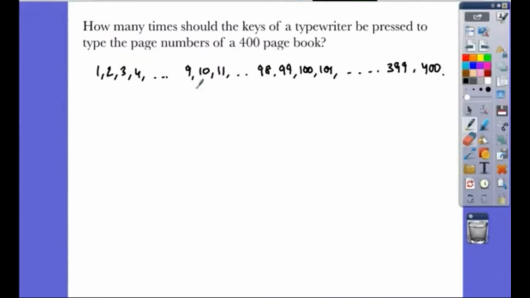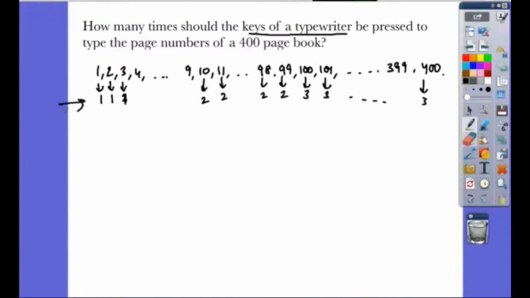So you'll have to find out how many times you're touching the keys of a typewriter. If you're typing the page numbers, you press 1 for the first page number, then you click on 2, the second one is done, 3, 4, 5, 6, so on, then 9 is done. For 10, we click 1 and 0 as well. That's 2 times for this, 2 times for this, so on. For this it's 3 times, for this it's 3 times, so on, until here. So we will need to calculate all these clicks and add them up. The sum is what we want. That's the answer, okay? Let's see.